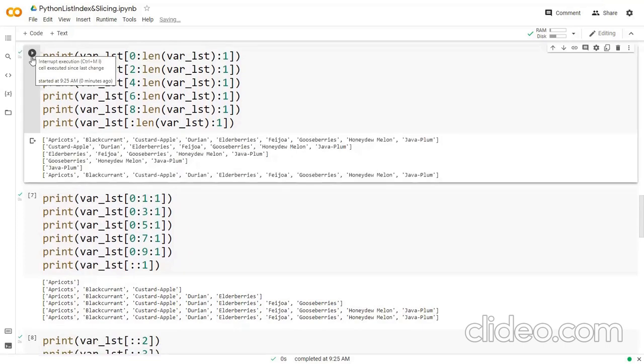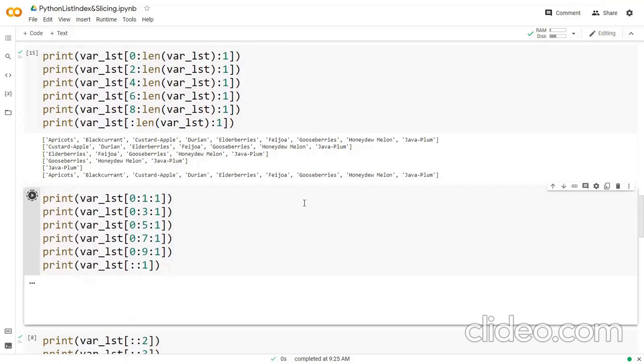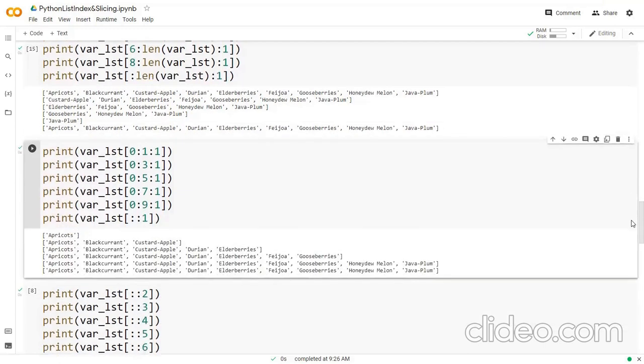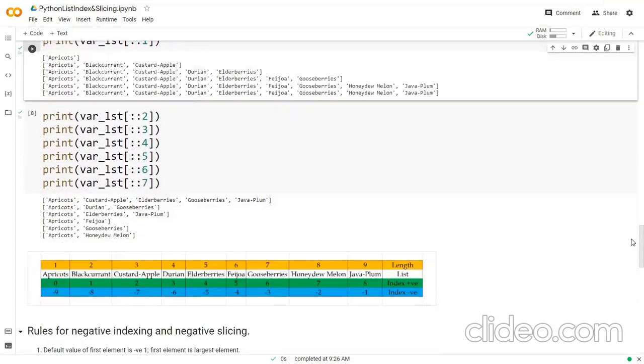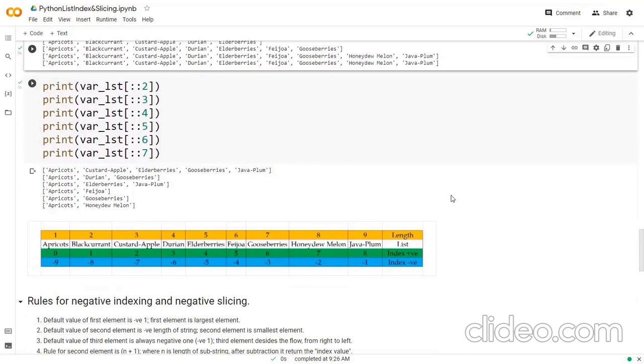Now in the second case we are taking the first element as default, and we are changing the second element. Third element is default. And in the last case, we are taking the third element as variable. It is changing from 2, 3, 4, 5, 6, 7.